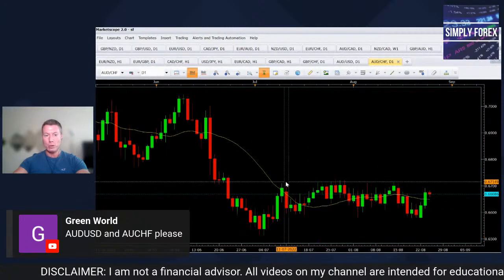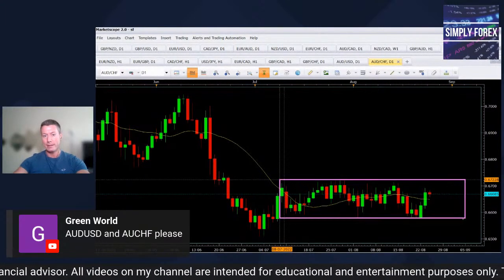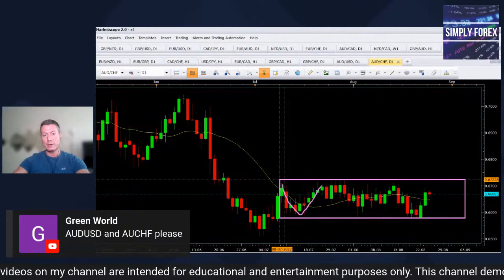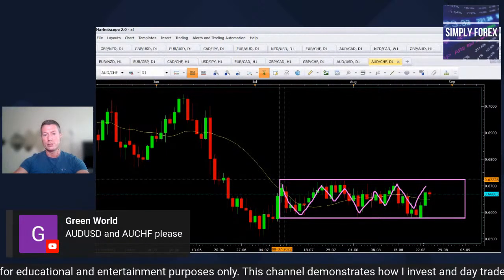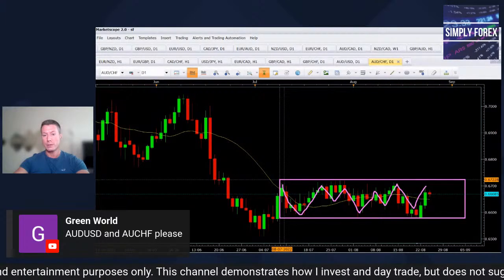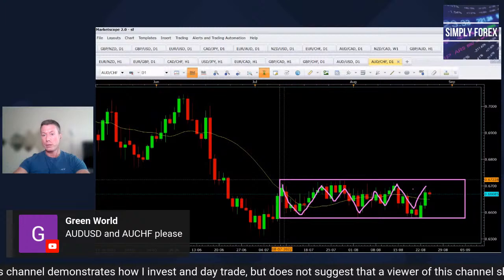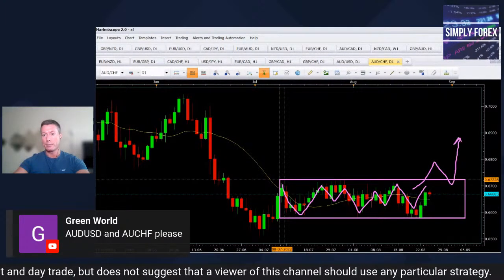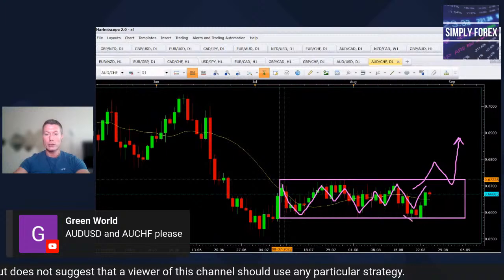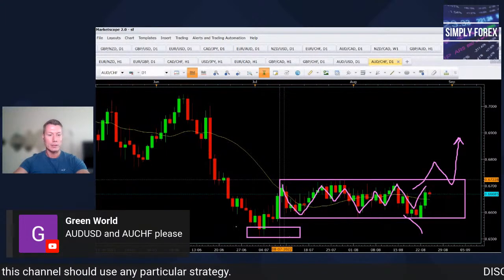Untradable. Look at this absolute tosh. I don't know what to do with myself. Don't trade it, it's just in a range. What I need to see, guys, is price to break out of here, come back, retest, and shoot back up. Or price could come out of here, but if it does, you've got these last lows here.